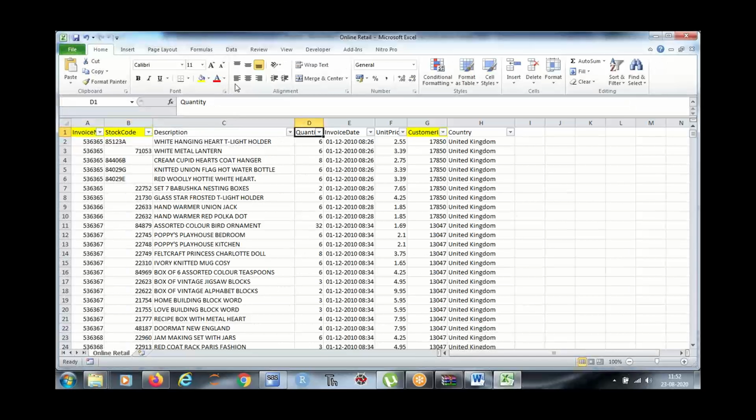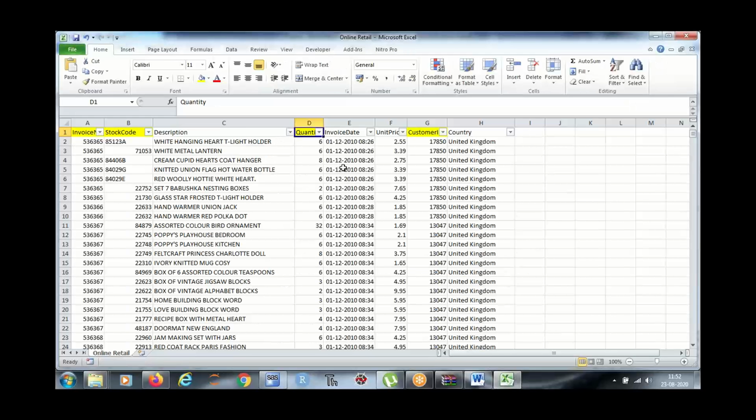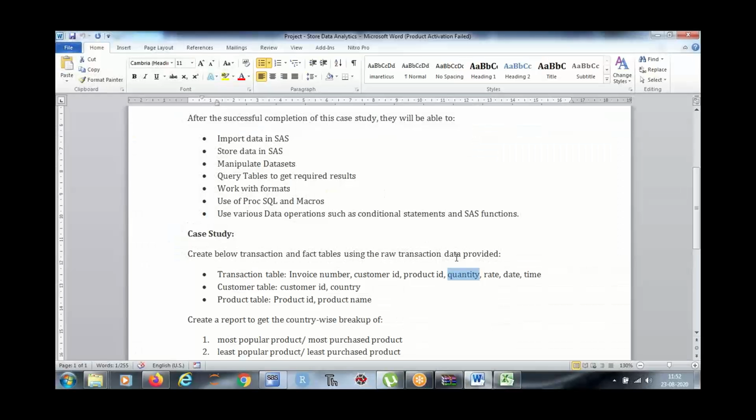Quantity, quantity. Product ID, quantity, rate, date, and rate, unit price, okay. And date and time. So we don't require description and country in the new data.